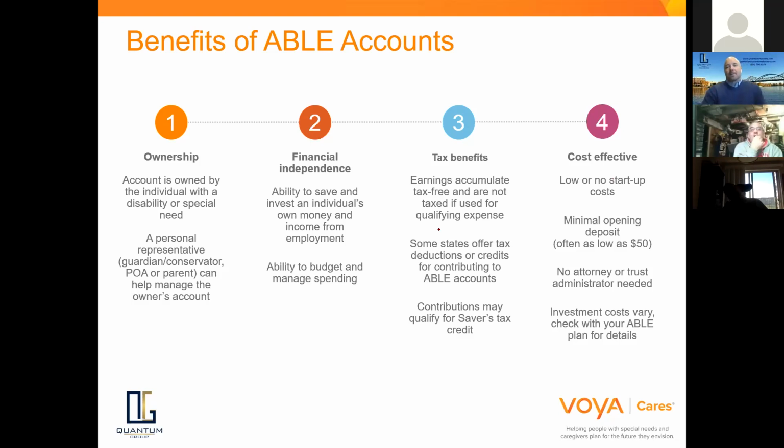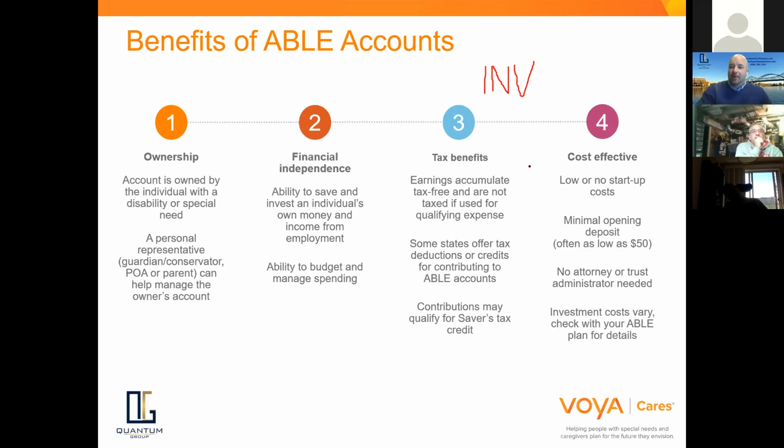Tax benefits. One thing we haven't talked about, that I'm not going to get into today, is that you can invest your funds inside of your ABLE account. You can grow at the bank savings account rate if you'd like, but you can also invest those funds. That's a conversation for a different day because it can get complicated. But should you decide to invest those funds, there are no taxes on those investment gains. There are no taxes on anything that grows inside of an ABLE account. Money goes in, it can grow, it can be spent, and there are no taxes incurred by the account owner.